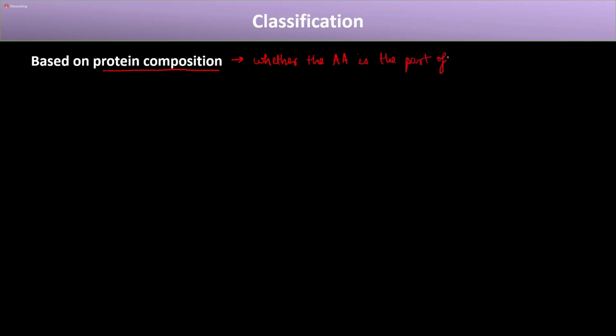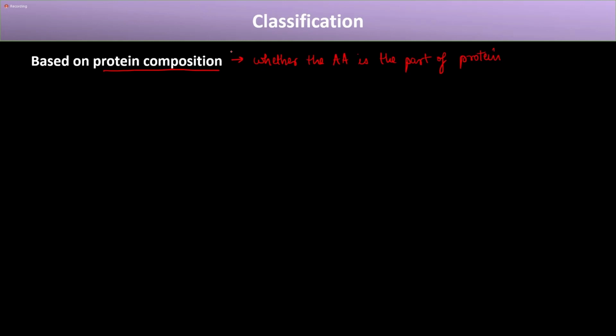Okay, so the first type of classification that we have is based on the protein composition. So what does it mean? Protein composition means whether the amino acid is part of a protein. Whatever protein is present in our body, whether that amino acid is part of the protein or not,